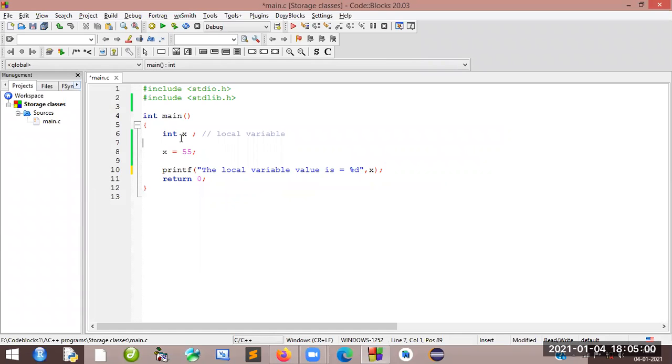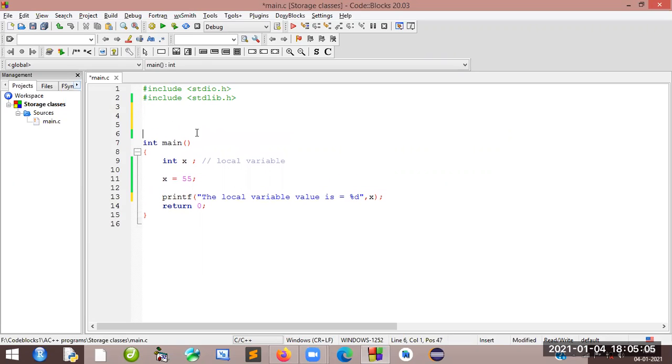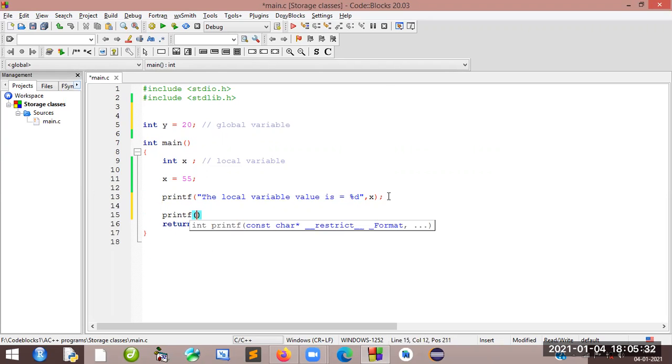Here, keep this one as it is. Outside the function means, you can see this is my main function. Outside the main function, here I am going to declare, for example, int y = 20. This we will call a global variable. Now I will do printf with %d, so the global variable value